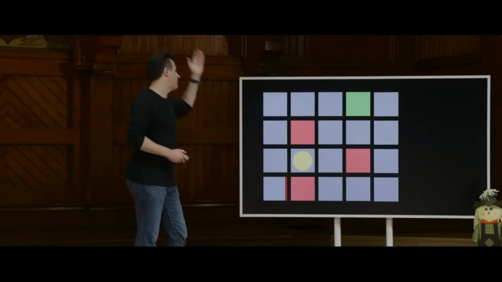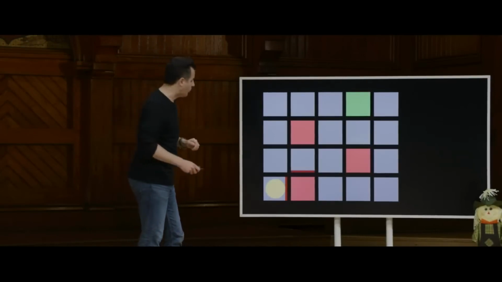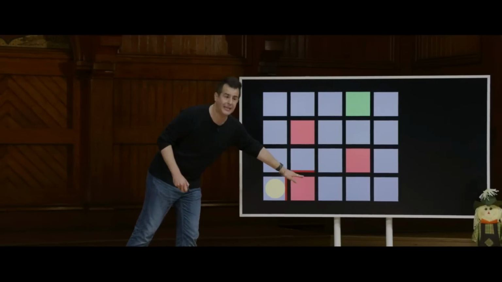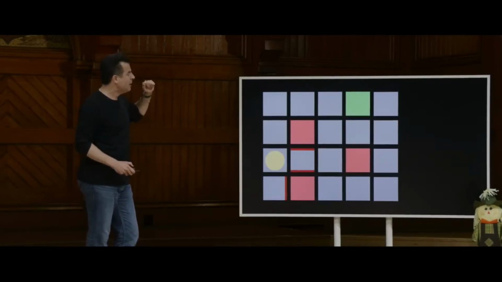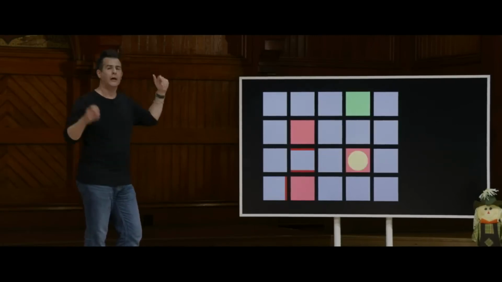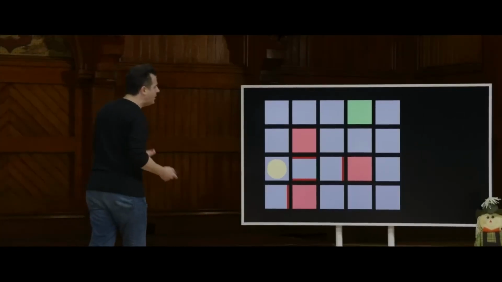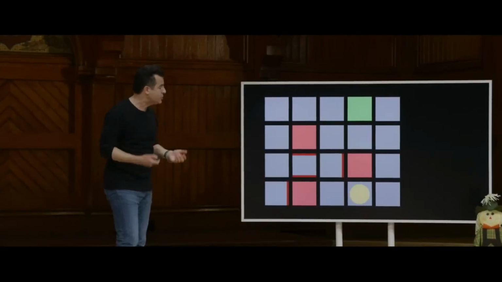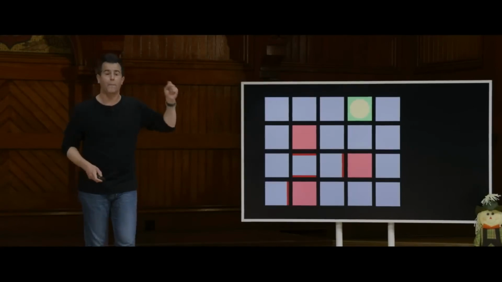It's making pretty good progress, but oh, darn it, it took a right turn and now fell into the lava. But let's use a bit more of the computer's memory and keep track of that: do not do that thing anymore. Maybe the next time the dot goes this way, we want to punish that behavior, so we'll remember as much with that red line. But now we're starting to make progress until now we hit this one. And eventually, even though the yellow dot, much like our human, much like our pancake flipping robot, had to try again and again and again, after enough trials it's going to start to realize what behaviors it should repeat and which ones it shouldn't. And so in this case, maybe it finally makes its way up to the green dot.